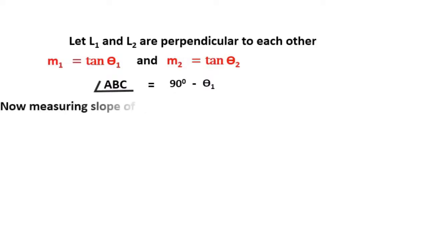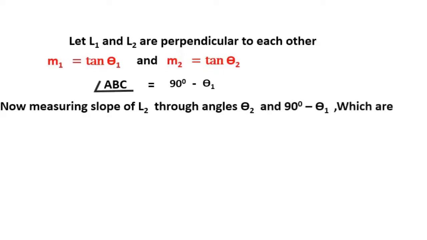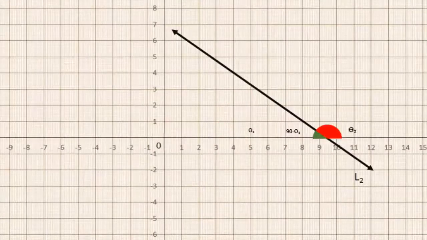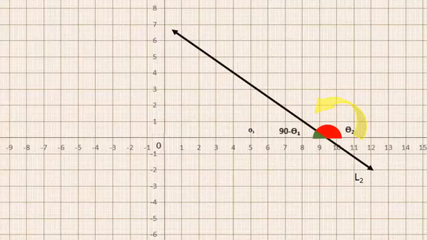Now, let us measure the slope of the line L2 through angles theta 2 and 90 degrees minus theta 1, which are opposite to each other. So, theta 2 makes the positive direction with x-axis and at the same time 90 degrees minus theta 1 makes the negative direction with x-axis. So, the positive direction of x-axis gives positive tan theta 2